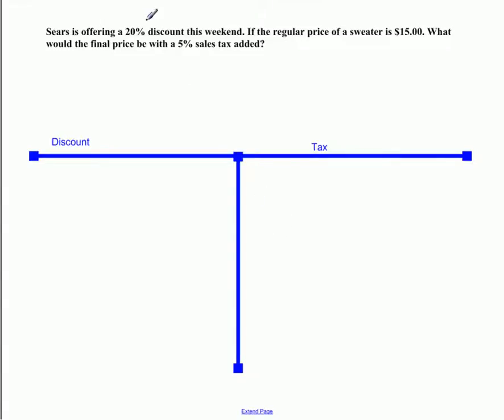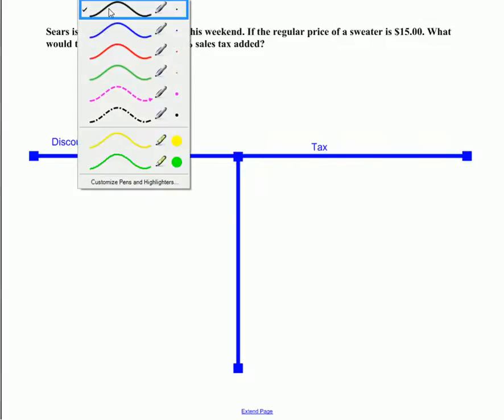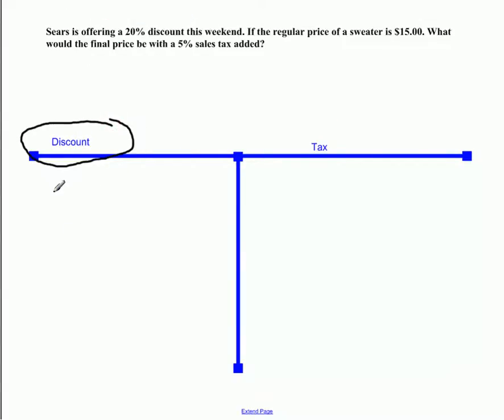So, Sears is offering a 20% discount this weekend. If the regular price of a sweater is $15, what would be the final price? What would the final price be with a 5% sales tax added? So the first thing we start with is the discount first. I'm going to set up my